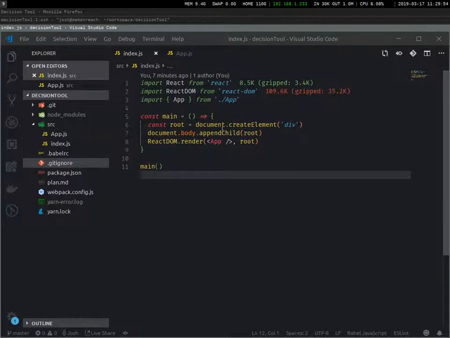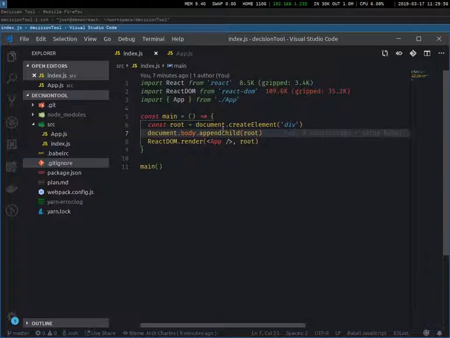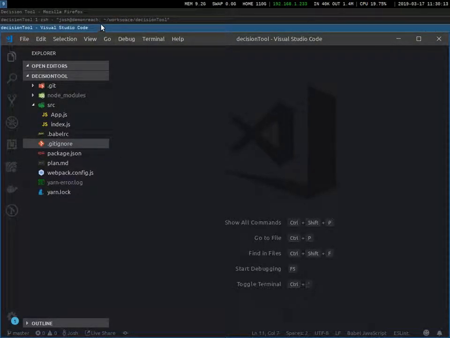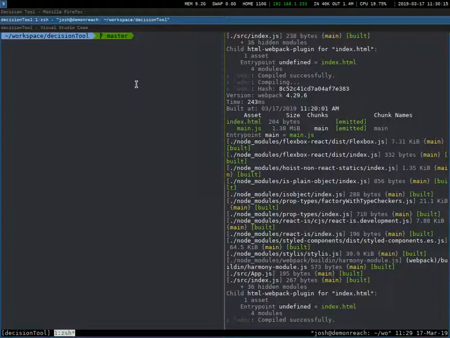Hello and welcome to the third episode of Building the Decision Tool. In this episode, we're going to be setting up the core application logic and the ways that we interact with the data in the application, as well as writing some tests to make sure that the code we're writing is actually going to work. So the very first thing we're going to do here is add our test framework, and